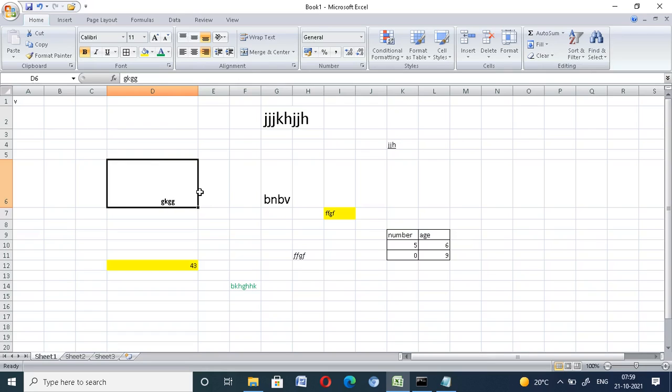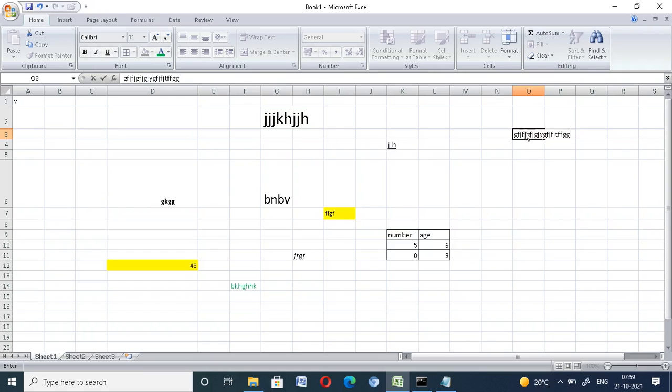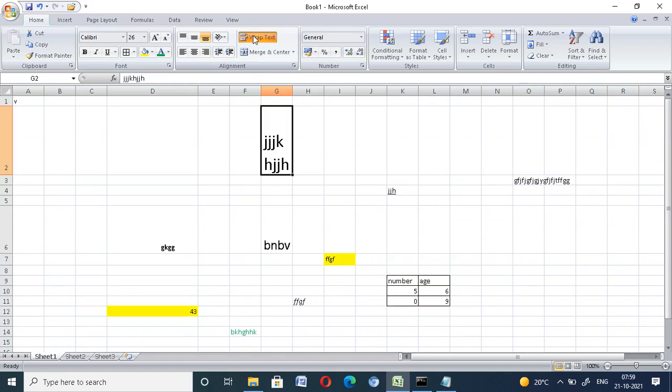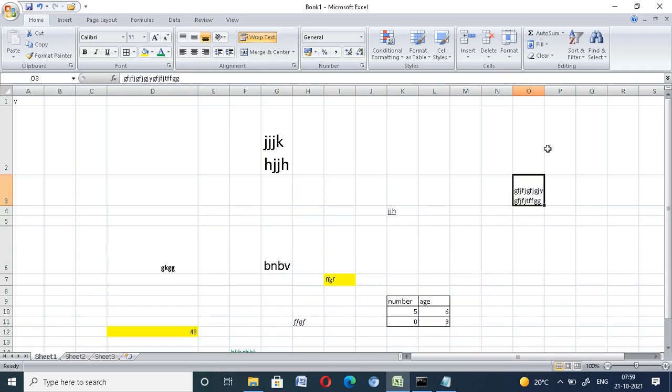Okay, now what is wrap text? There is one thing: one text goes to another side, but you are not reading it. Then what we will do is, if you click this, the text on the next column, you click wrap text. The full text comes in on the cell, making all the content visible within the cell by displaying it on multiple lines.